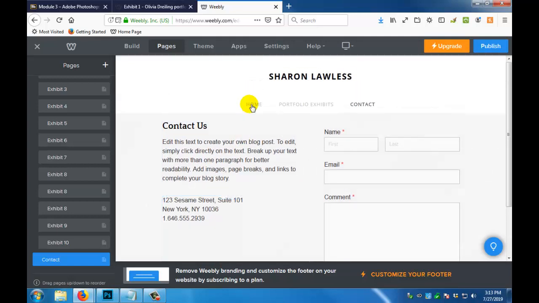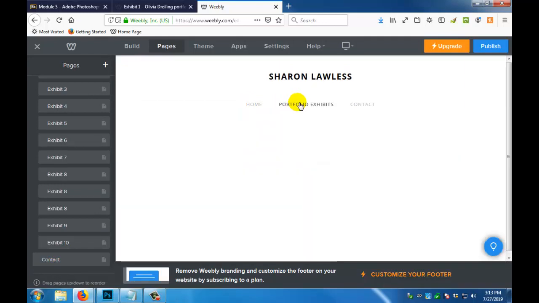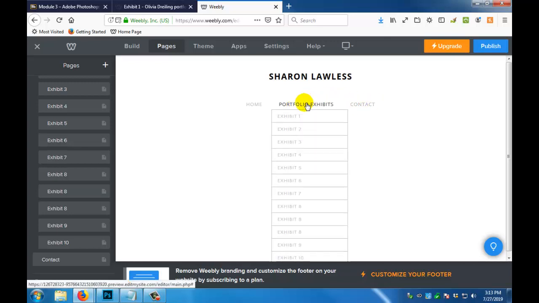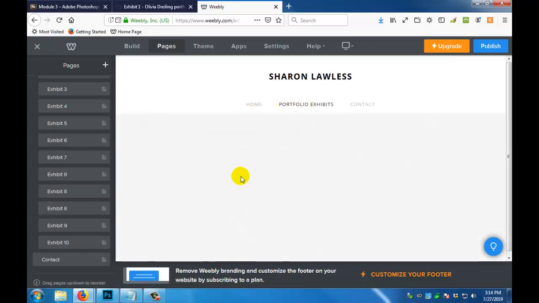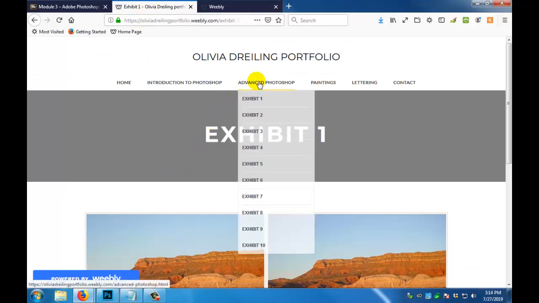So let's go back and talk about what we did today. So we created the home page, you created your portfolio landing page and your exhibit pages, and then your contact. And on this portfolio landing page, this is where the thumbnails are going to go for your exhibit. So I'll show you what this looks like on another student's project. So on this student's